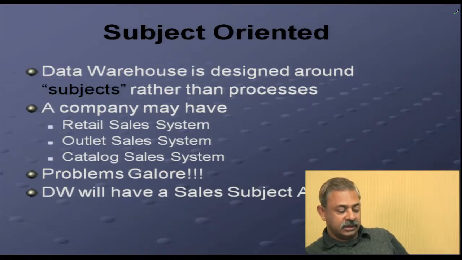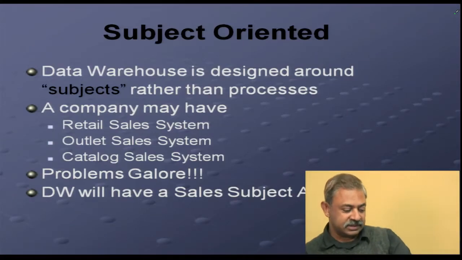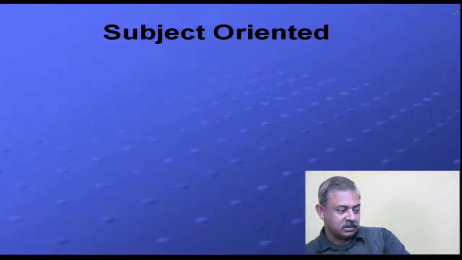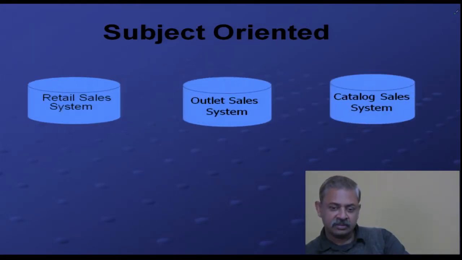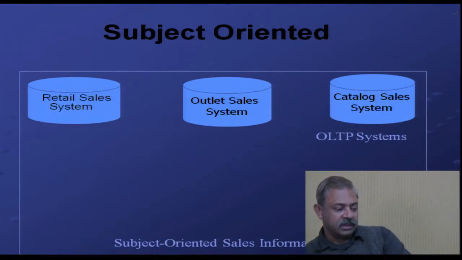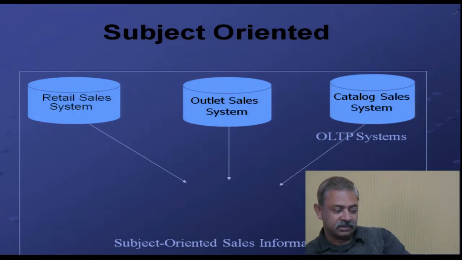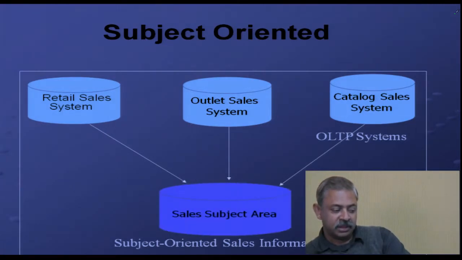In contrast, a data warehouse will have a sales subject area. So let us see what this means. You have a retail sales system, an outlet sales system, and a catalog sales system. That is a typical setup in operational systems, where you have three different databases or three different systems. But in a data warehouse, you will bring data from all these systems and put them in a database,